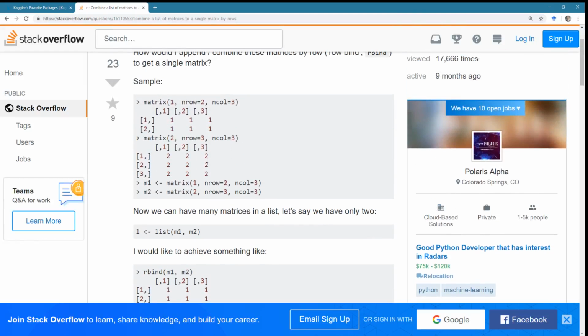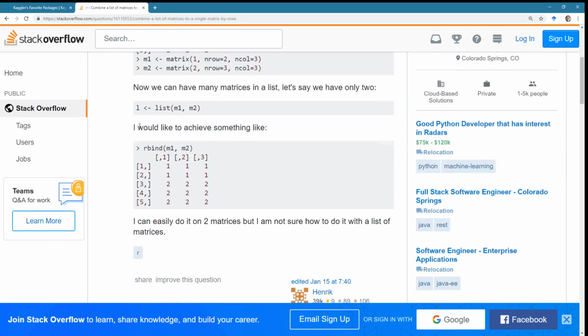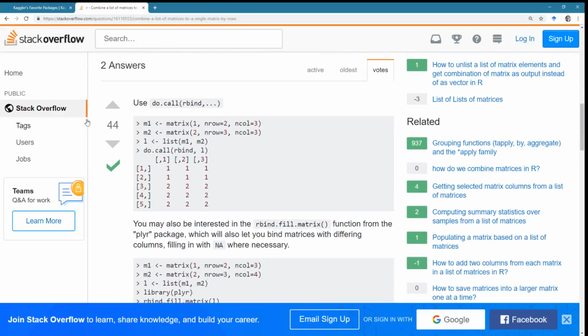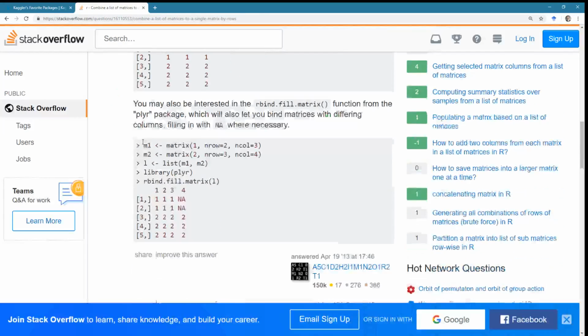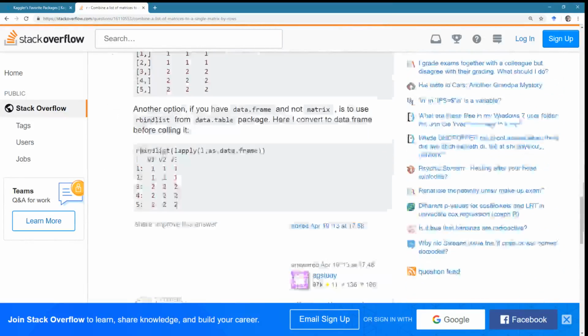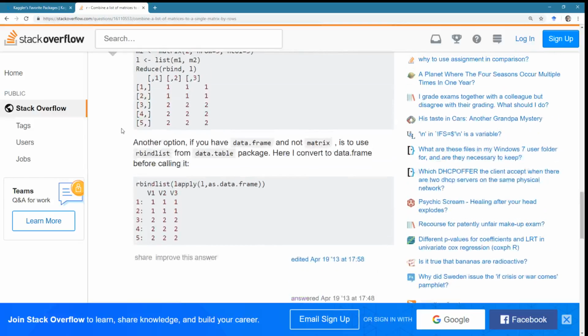I am going to want information on the item in the list. Here we go. Yeah, so it's Reduce with rbind.